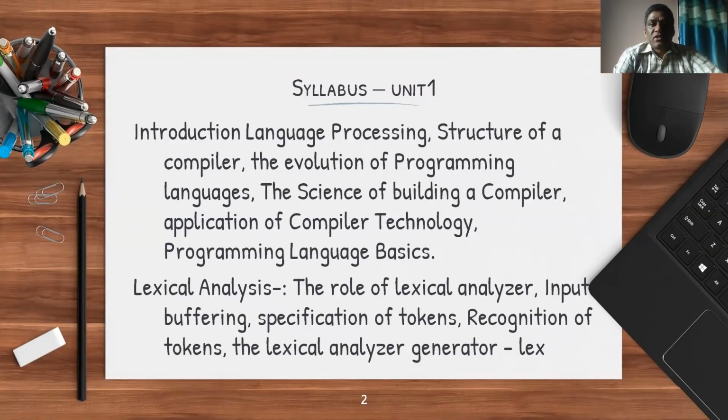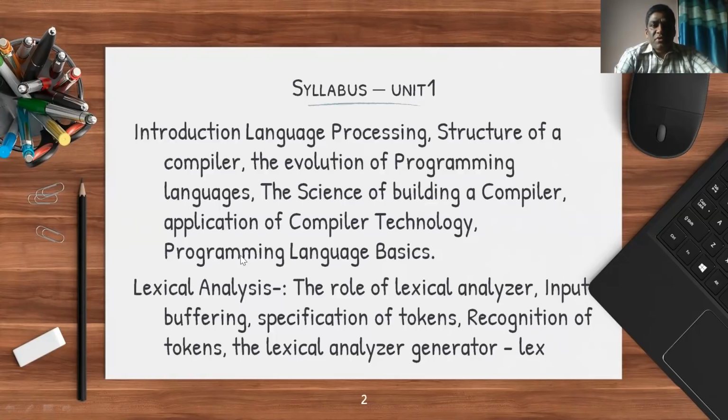And then the evolution of programming languages and the need of changeover in compiler design, and how do we actually build a compiler, what are the steps in it, and several applications of compiler technology, and some programming language basics. So this is chapter 1 of your first unit.